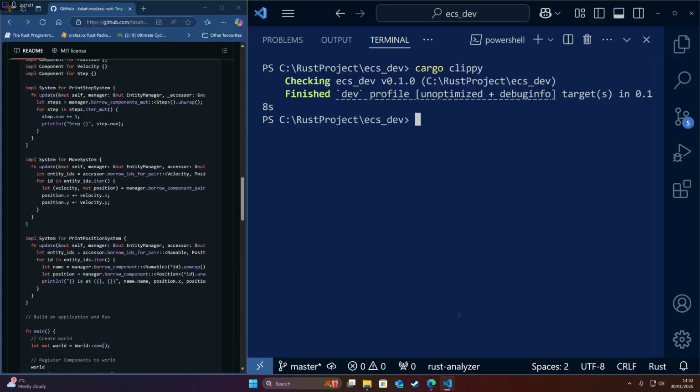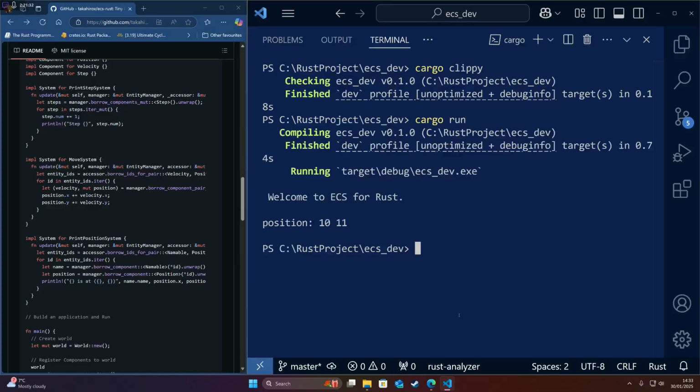They say my program is correct. Really? Position 10, 11, that's correct. So according to everything that I've done so far, I have correctly programmed in Rust